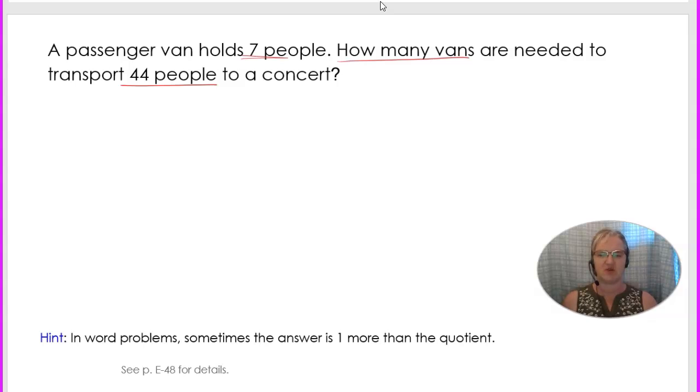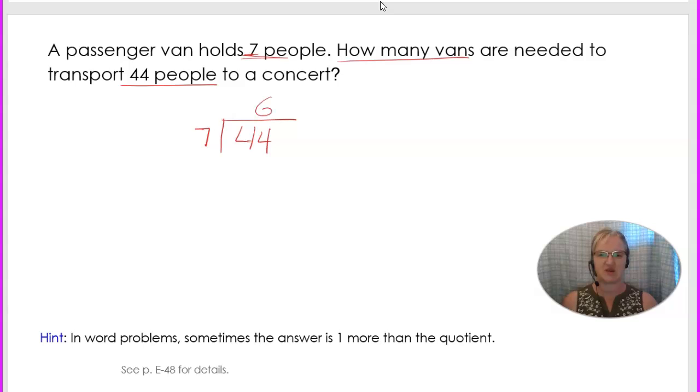Maybe it's a youth group going to a concert. You want to put 7 people in each van. So 44 is our total number, our dividend. 7 is the divisor, how many people can fit in each van. So what would this be? 44 divided by 7,